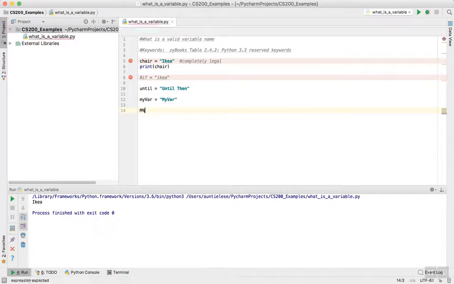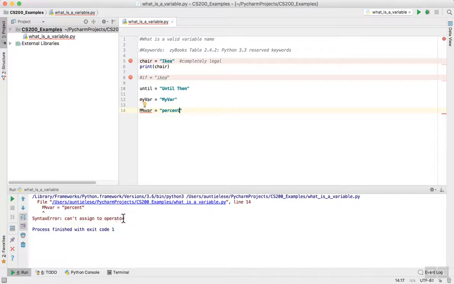So I can't say... because I'm going to get another error that doesn't make any sense to me. Well, the reason that it doesn't make any sense is because the percent is an operator. But I can make everything okay by removing that. So this is a valid name. You can use underscores.